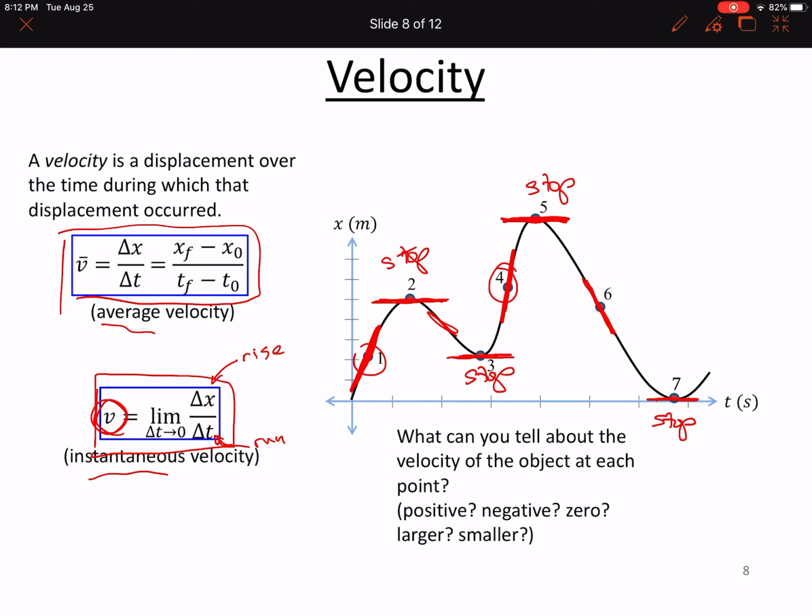So next time we'll talk about acceleration, and we'll have covered the big 3 in terms of the motion of objects: displacement, or change in position,